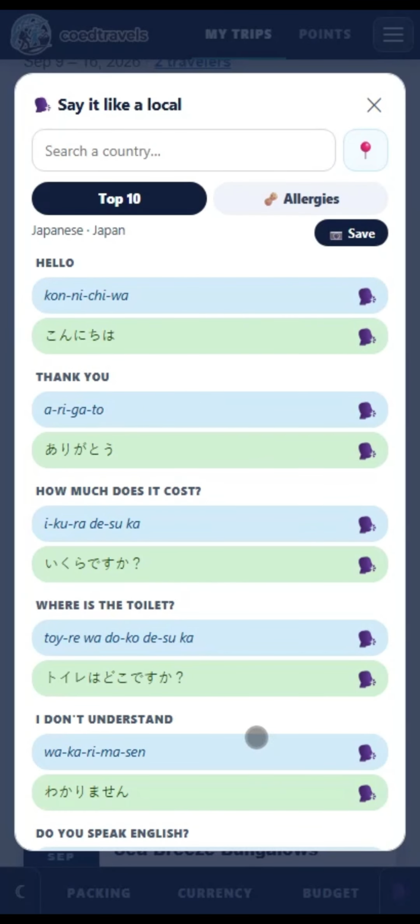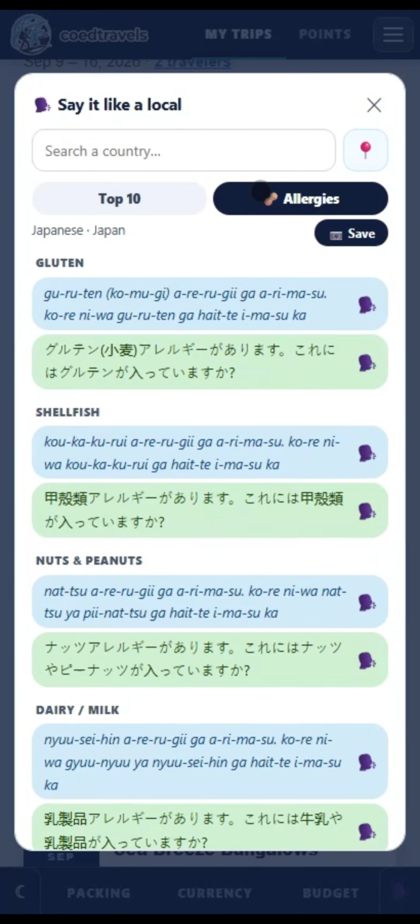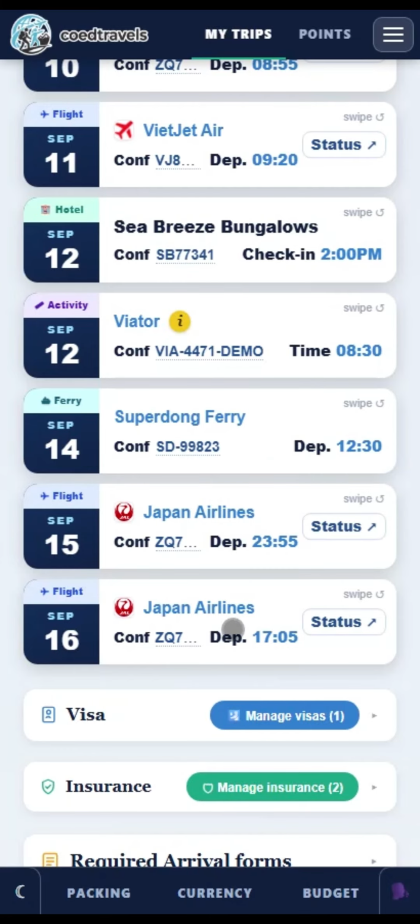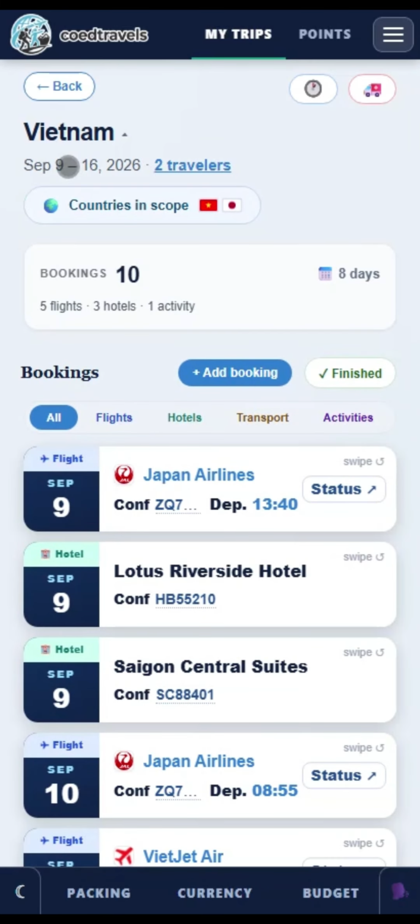The same over here, top 10 phrases. You can click save. It'll save like a JPEG or a PNG to your phone, and you can send that to everybody in case you and your friends want to all kind of study it on the plane or whatever. So that is a very good feature. The allergy thing works great. And my favorite feature is